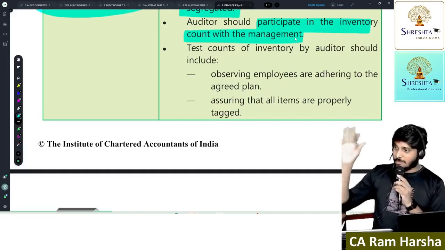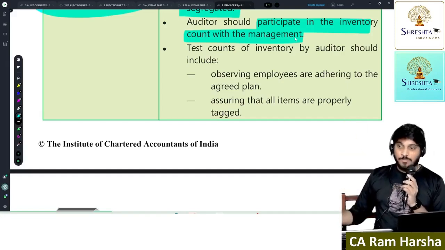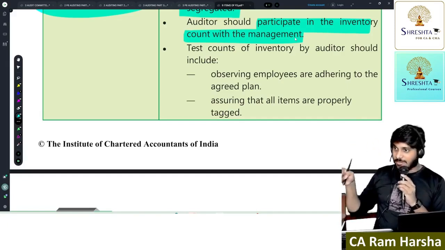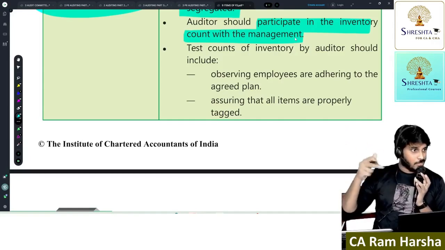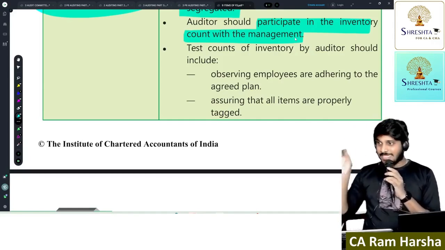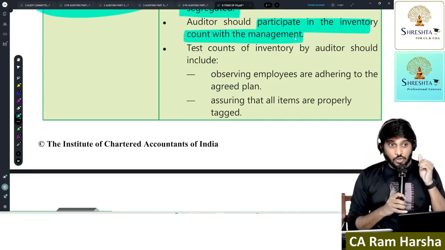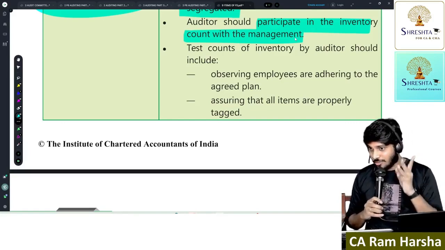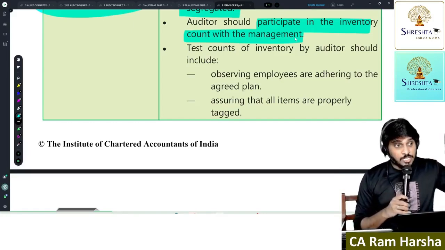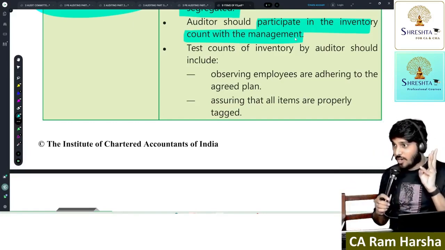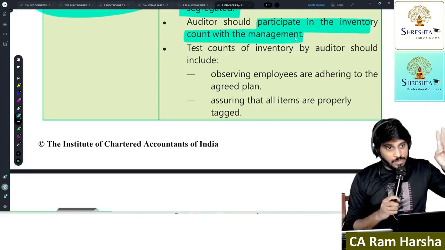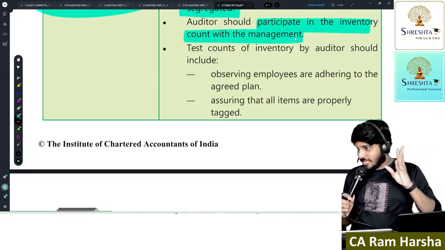If inventory is lying with a third party, get external confirmation. If you have doubt over that confirmation, arrange another auditor to go and physically count and then compare with the books. Understood? This is what SA 501 says regarding existence and condition of inventory. Selected item is inventory: what consideration should you check here? Existence and condition. Litigations and claims: completeness of disclosures. Segment information: disclosures as per the applicable financial reporting framework. Are you getting it?